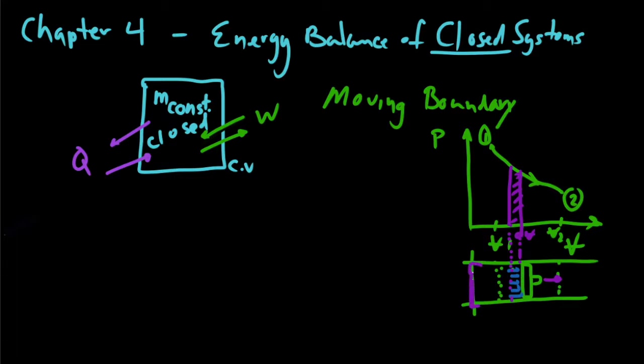Maybe I should have just left it in green. So the volume, when it swings to V1, is at its minimum. When it swings all the way to V2, it's at its maximum. So if we wanted to find